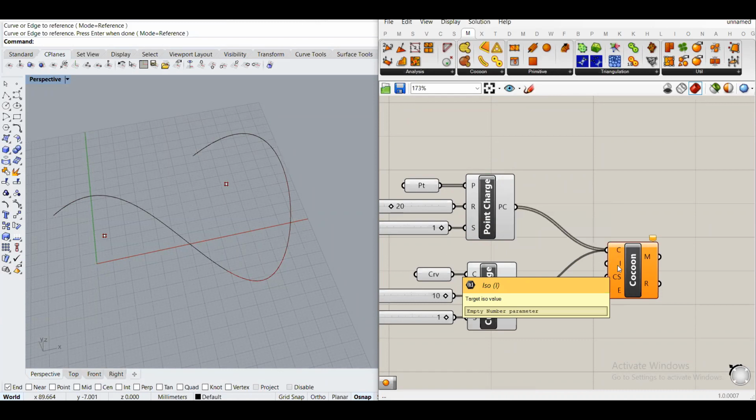The second input is the target ISO value, right? So what the ISO value is, come on. Okay, to be fair, this tutorial, when I'm giving it to the master students, it takes like 2 days, right? So the ISO value is basically, first of all, it's in between 0 and 1. It's always between 0 and 1. Second of all, it's interpolating